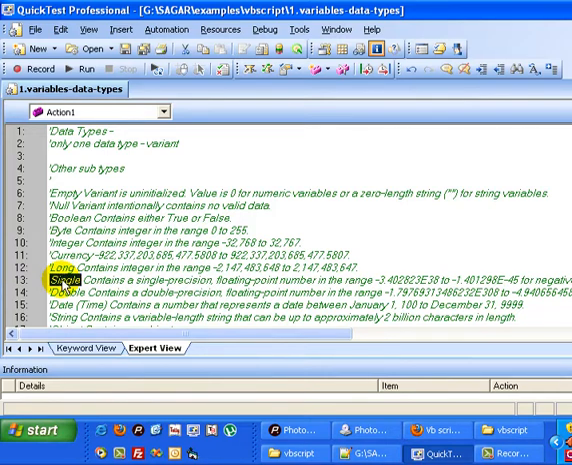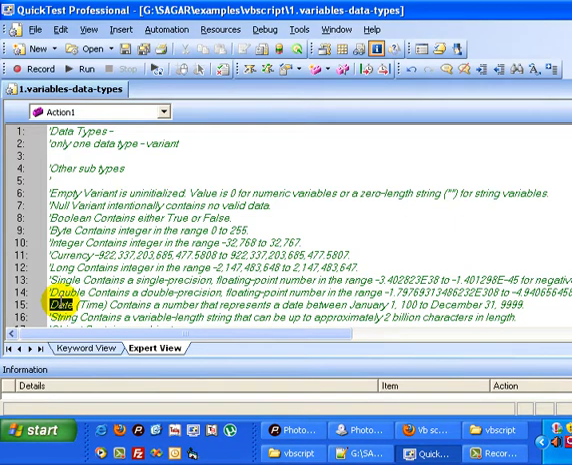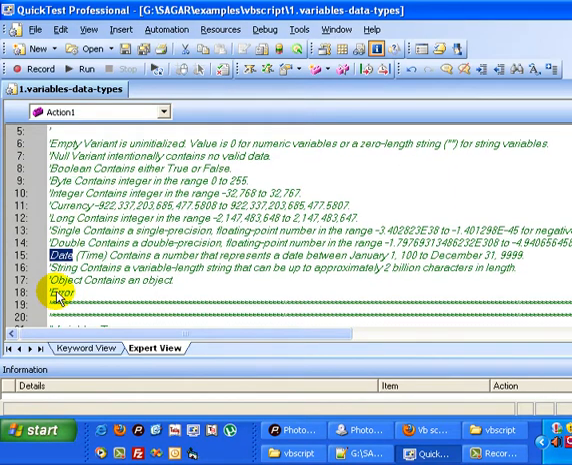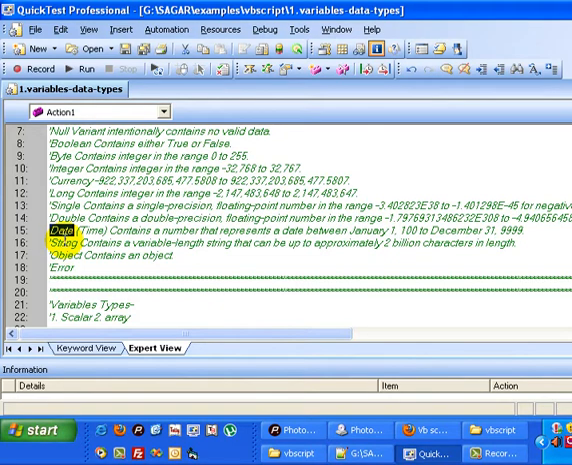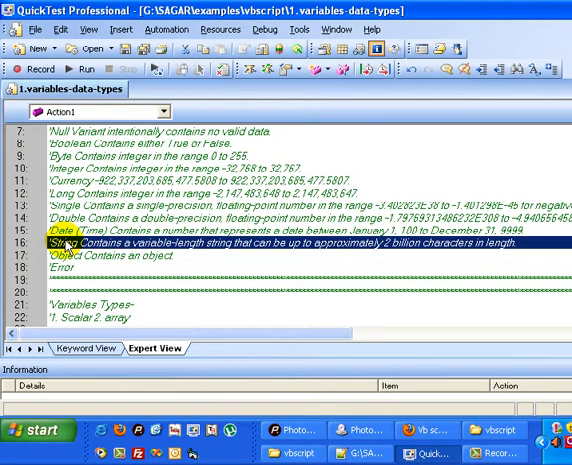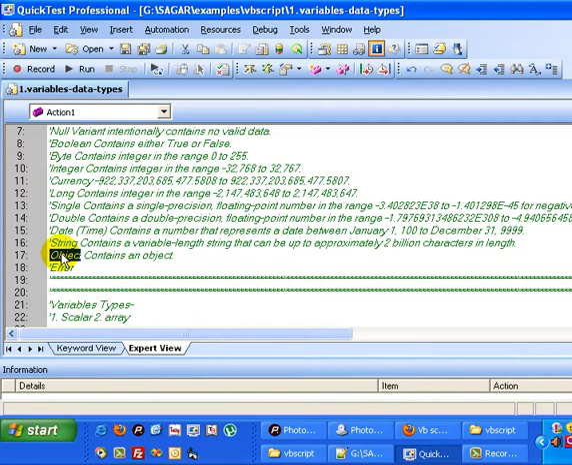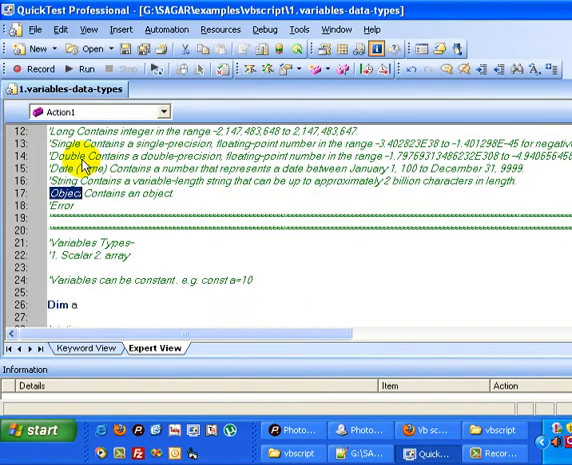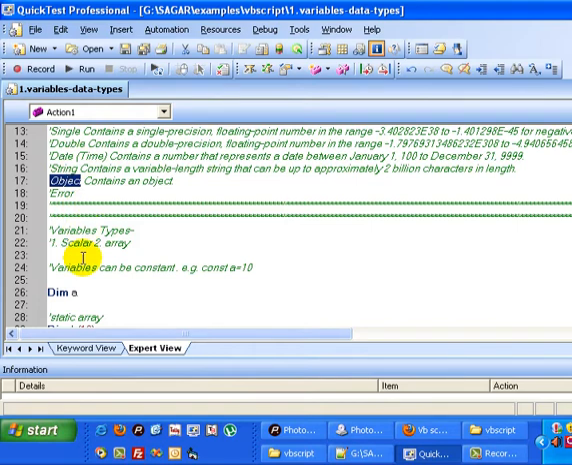Then single contains the floating point numbers, double contains floating point numbers but with higher range. And then there is a date subtype which contains the date information. Then a string subtype that contains the string information, text information, and object contains an object. So these are the sub data types in VBScript,